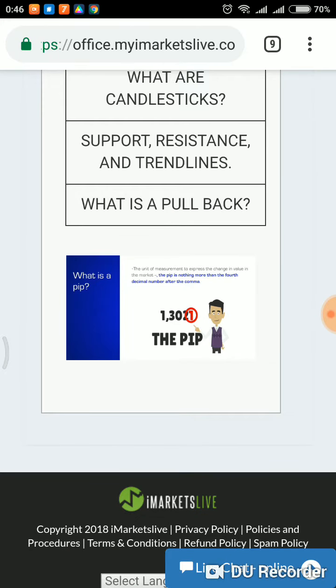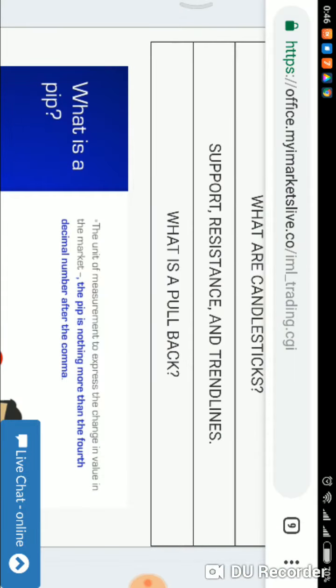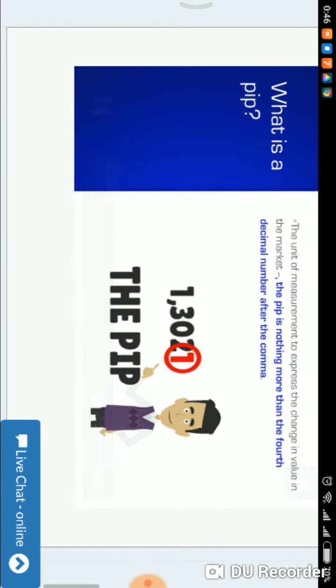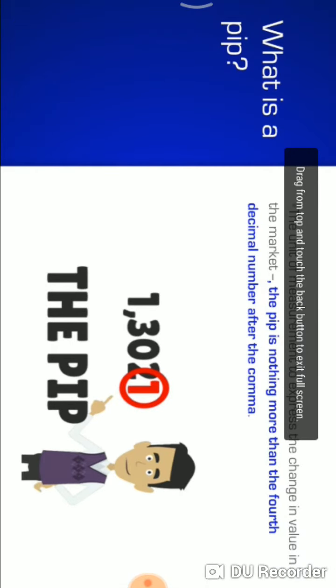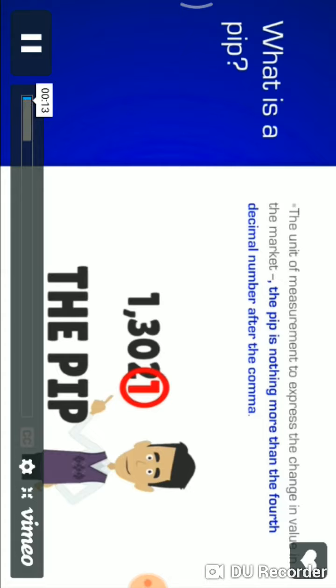A pip is nothing more than a unit of measurement that expresses the change in the value of the market. In other words, in the same way that you express time in minutes or in days or in hours, we're expressing the change in